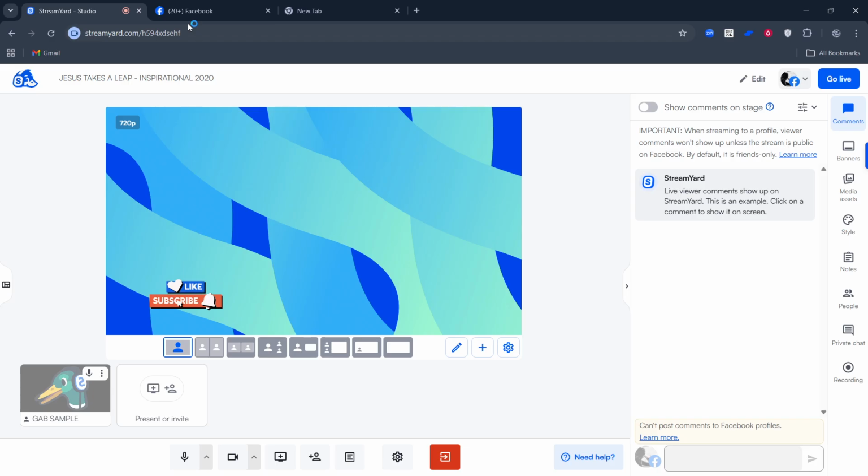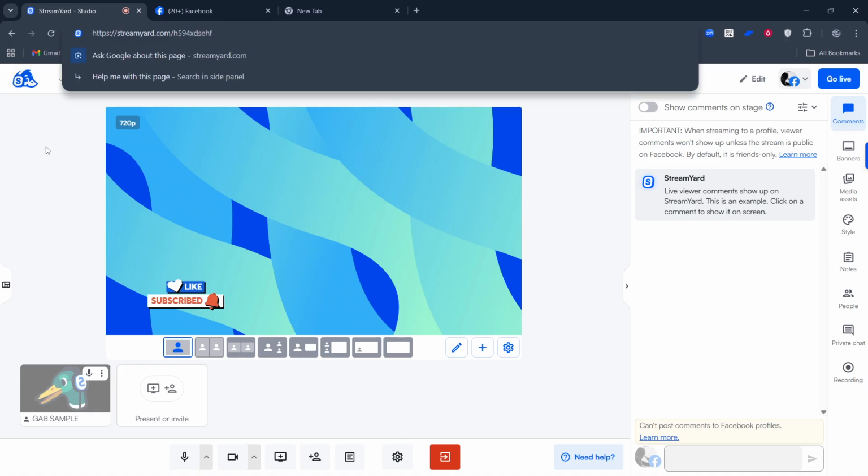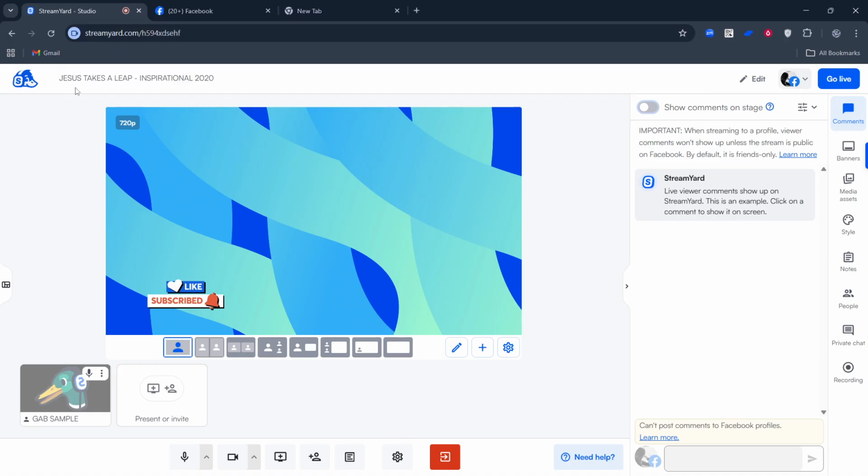First, open StreamYard Studio. Make sure you're inside the actual studio for the broadcast or recording you're working on, not just the dashboard. You'll know you're in the right place when you can see your camera preview, your guests if they're connected, and the familiar controls and panels around the screen. If you use a smaller display, keep in mind that some panels may be collapsed.